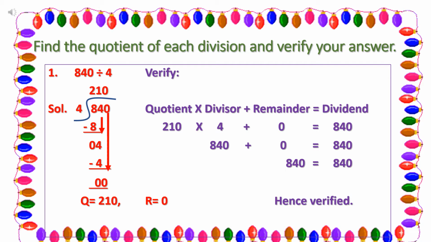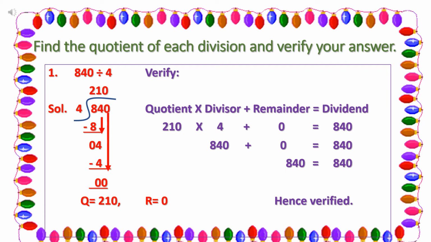So first of all, we will arrange the numbers as shown in the slide. Next, we will divide 800s by 4. Now 800s divided by 4 is equal to 200s. So write 2 in the hundreds place in the quotient. Quotient is written above the dividend. Dividend के ऊपर हम quotient लिखते हैं, you know it.